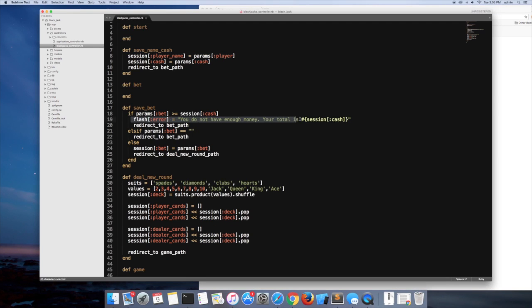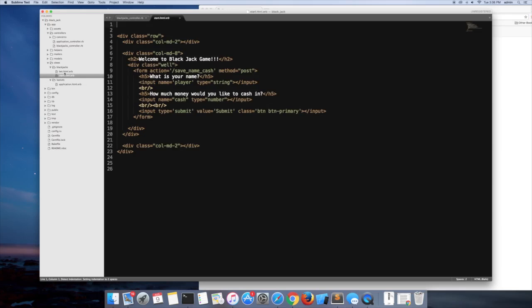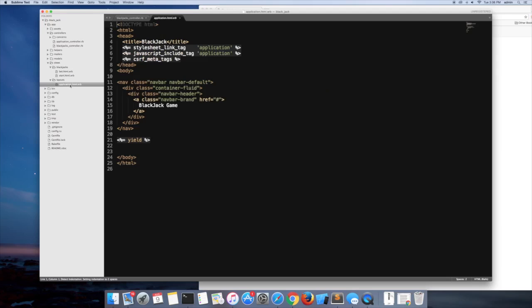Now we want to show the flash message, and the way we're going to do that is we're going to go to our application file, which is in layouts. And if you remember, application HTML is what gets loaded every single time, and what makes it appear as if you're on different web pages is this thing called yield, which shows the individual HTML code for each specific address. But in here, we're going to add in this message feature